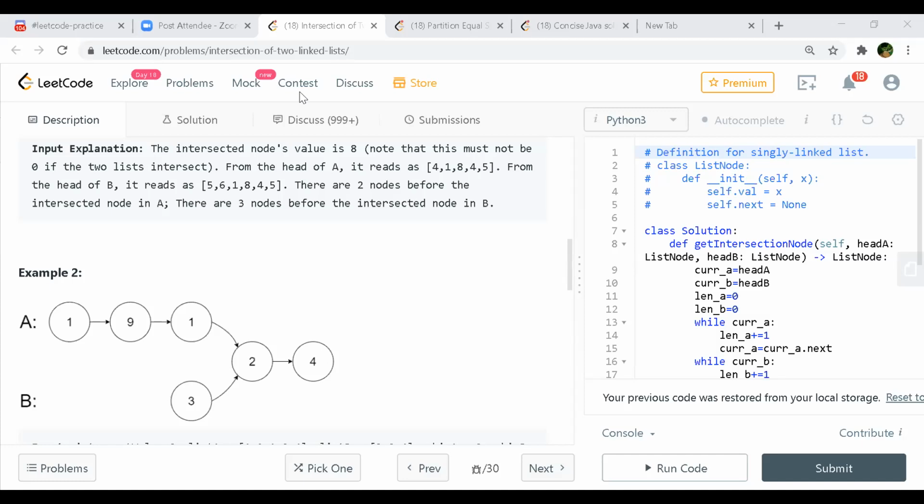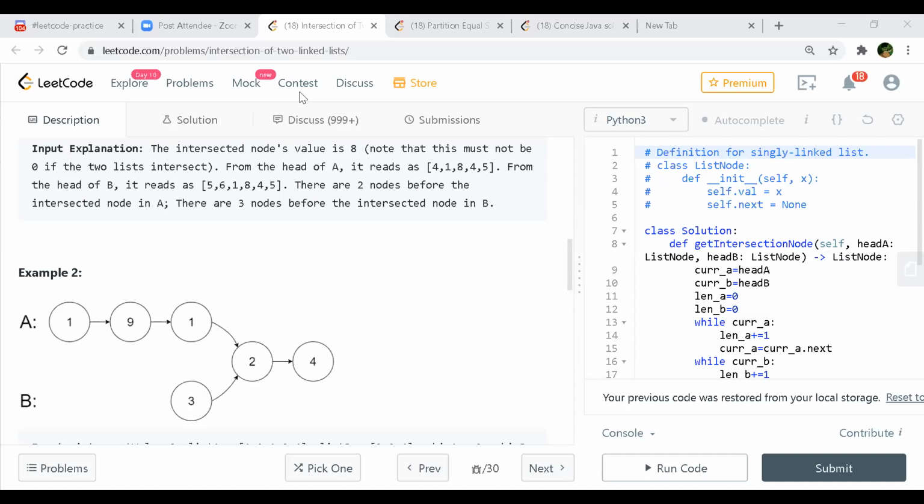So you connect that to the B start position. So you will take care of the difference between the A and B length. And then at the second pass, you will both reach the 2 position, intersect at 2. So the constant difference will be maintained throughout the list.